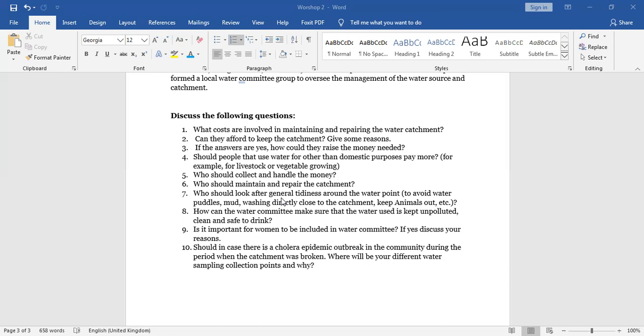And for any project, I'll repeat, any project which needs to be implemented in a community, to set up a committee to monitor this project, you must include women in a ratio of 40% women, 60% men. Sometimes it might be 50-50 because women know management. They know the key points where you need to put your public taps in the community while you're doing your project, because sometimes we